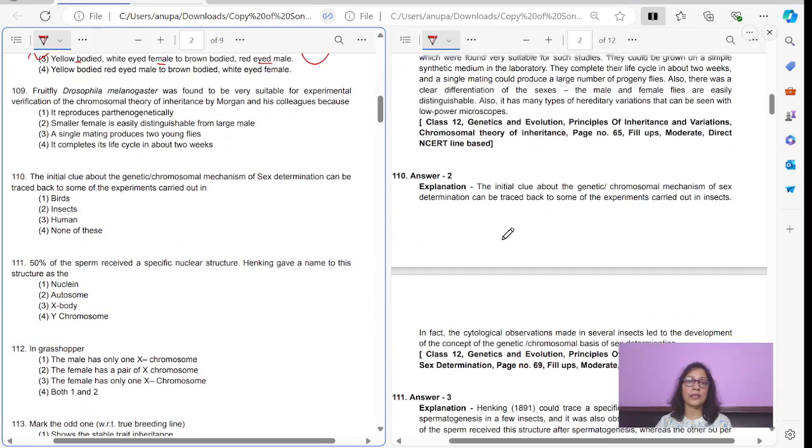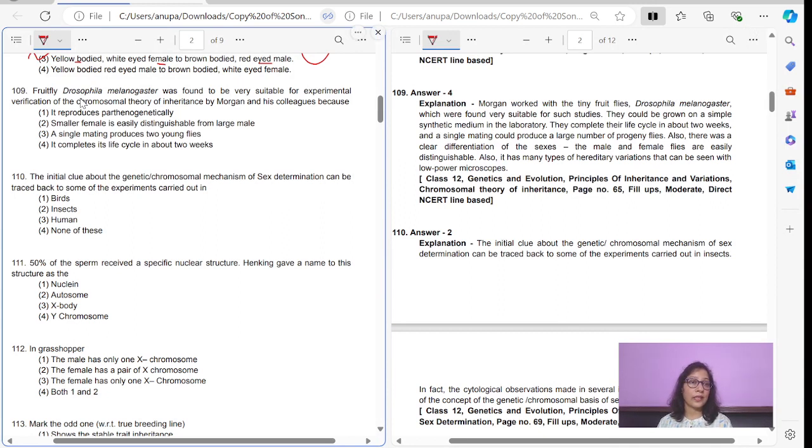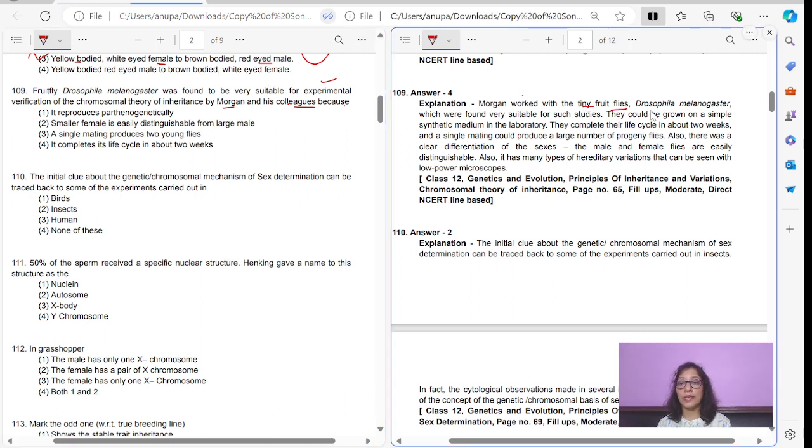Question number 109 states that fruit fly, that is Drosophila melanogaster, was found to be very suitable for experimental verification of the chromosomal theory of inheritance by Morgan and his colleagues. We have to find on the basis of what the fruit fly was the best suited. So Morgan worked with the tiny fruit flies, Drosophila melanogaster, which were found very suitable for such studies